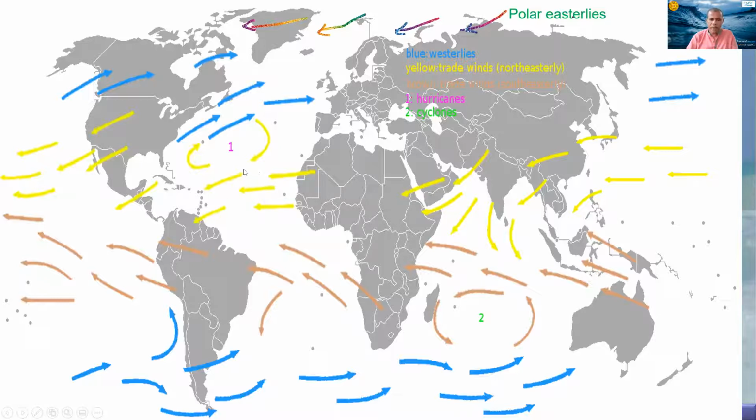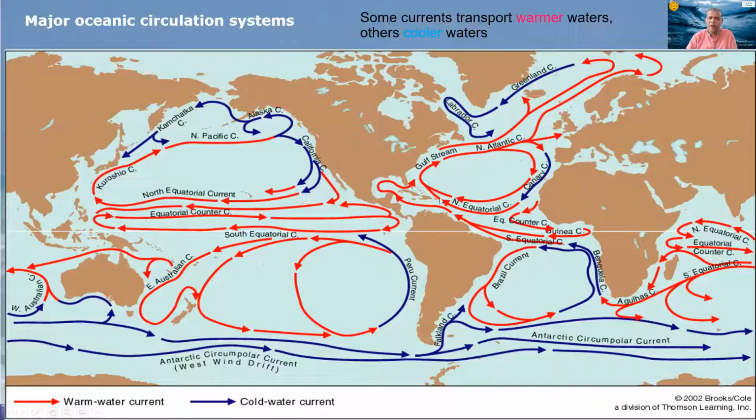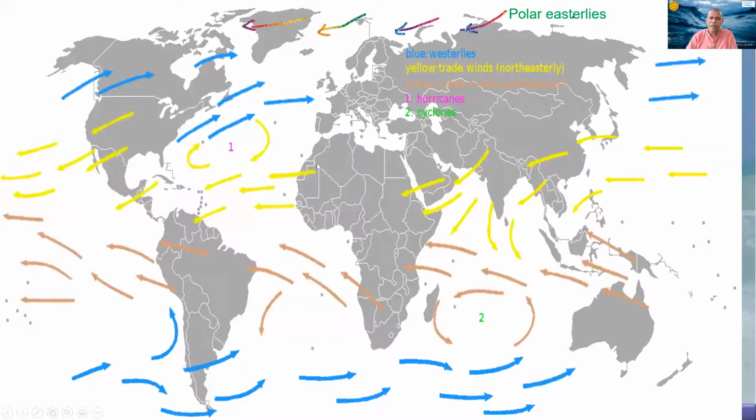The direction is from the northwest, and in the southern hemisphere it is from the southeast. Right? So likewise, these are the westerly winds and the polar easterlies. Now, just try to remember the direction of these movements in the atmospheric circulation. You try to match them with the ocean current movement, right? So the movement of the ocean currents very much matches the movement in the atmospheric circulation.